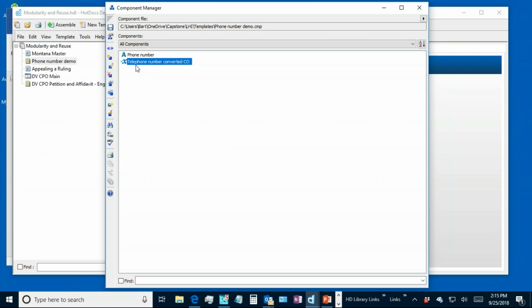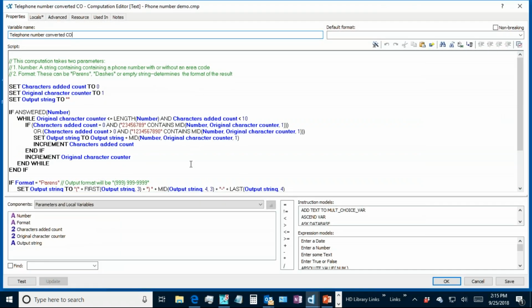The computation tries to find either 7 or 9 characters and format it. A Social Security number is 10 characters, I think, so you could adapt it so it looks for 10